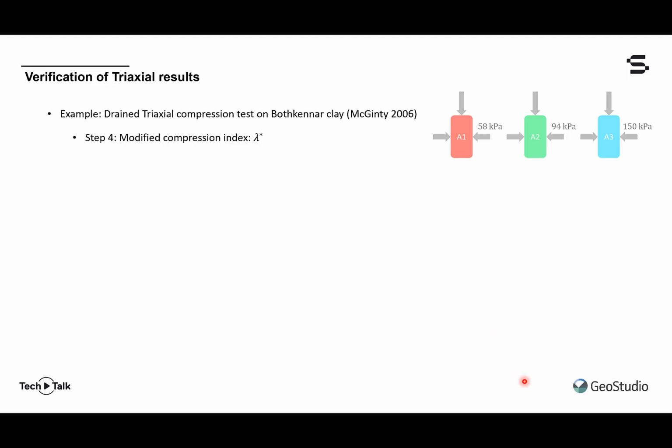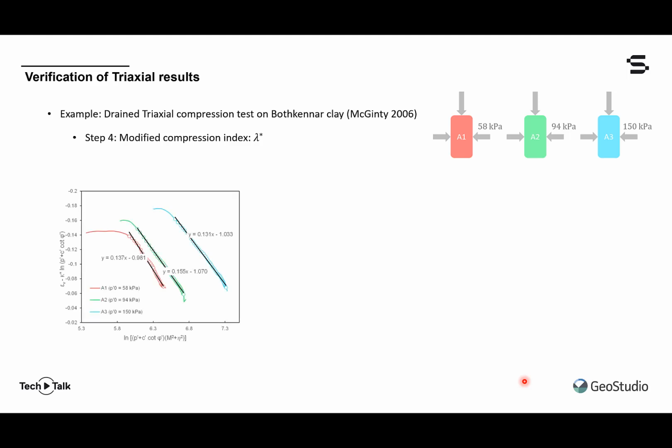The modified compression index, lambda star, is calculated on the fourth step. In the proposed coordinate space, the triaxial compression branch in each of the three curves is projected to a straight line. The average slope of these lines, which represents the difference between the compression and swelling indices, is about 0.141. This results in a modified compression index of 0.176, given our previous value for kappa star, and a yield surface aspect ratio, which we obtained through the iterative procedure, of M equal to